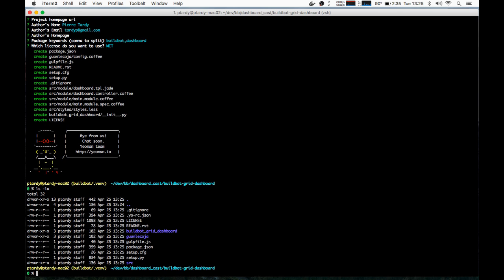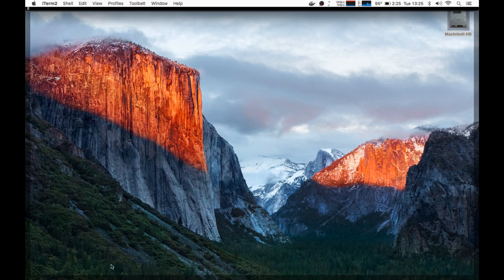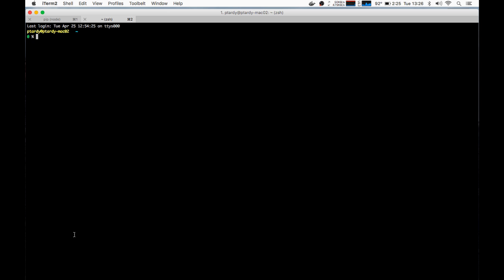And now it has created all the files needed for my dashboard. Now that I'm still in my virtual env, I can do pip install -e, and it will install the Buildbot dashboard inside my virtual env. It takes a while, so while we are doing that,